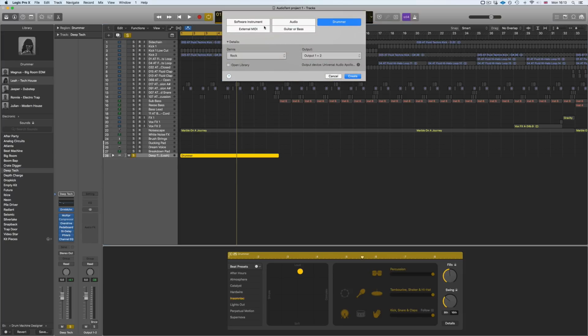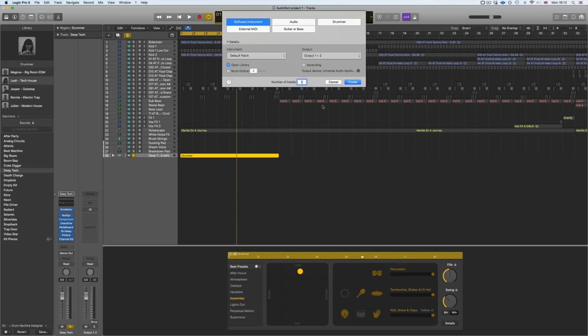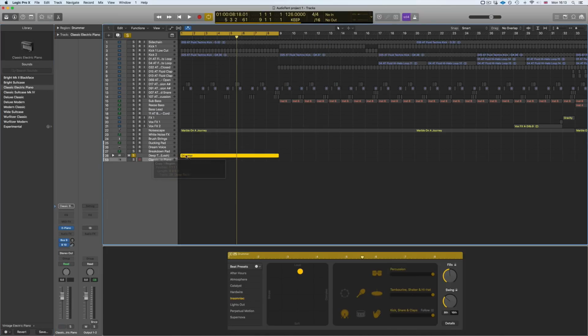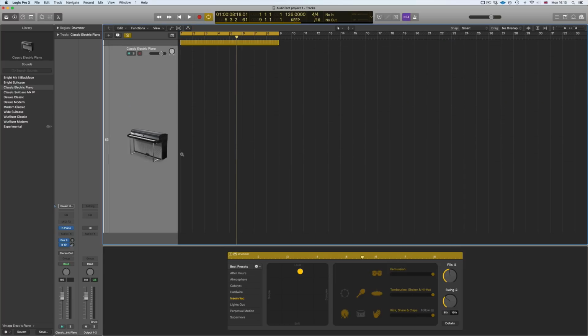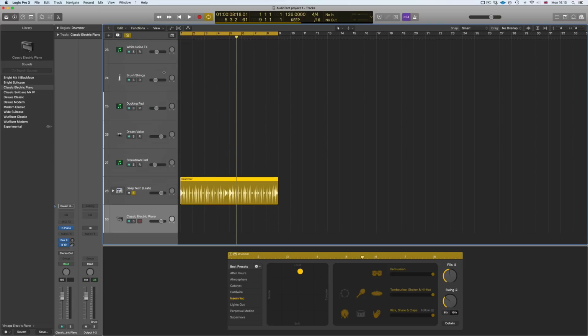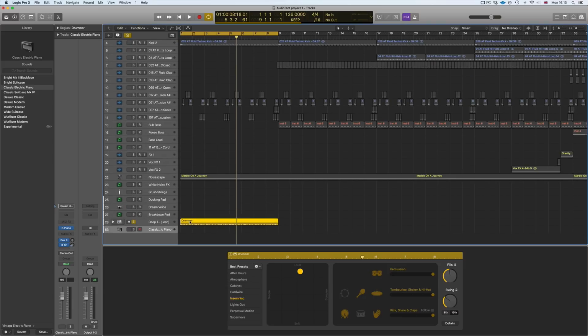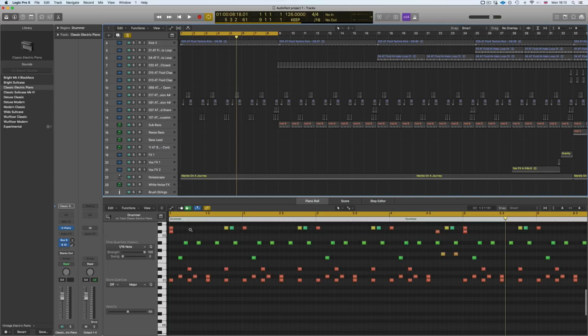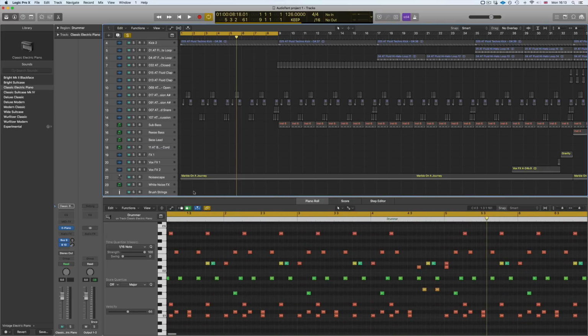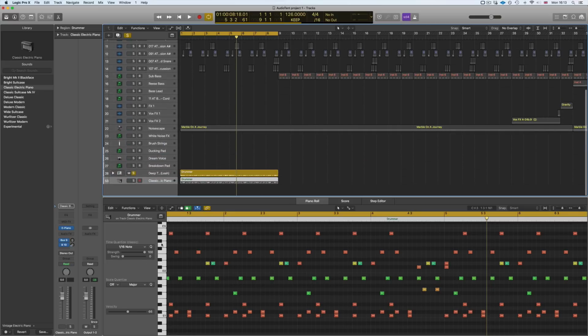And what's great about this is if I create a new software instrument and I just drag this drummer track down onto it, because at the moment this isn't actually MIDI. If we drag this down and drop that here, you can see this is what the MIDI looks like. So what we could then do, if this was a sampler, is go and change all of these notes to play different samples. So we've still got the sort of vibe that we're looking for, but using our own samples instead.